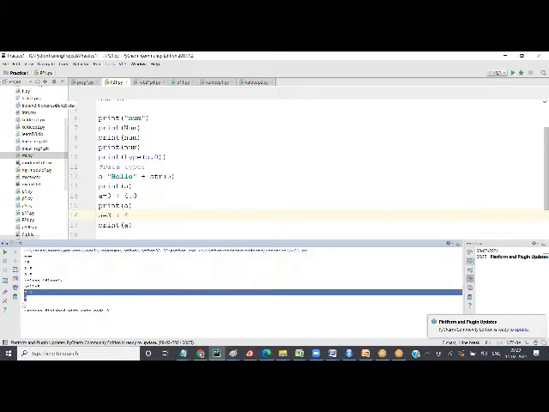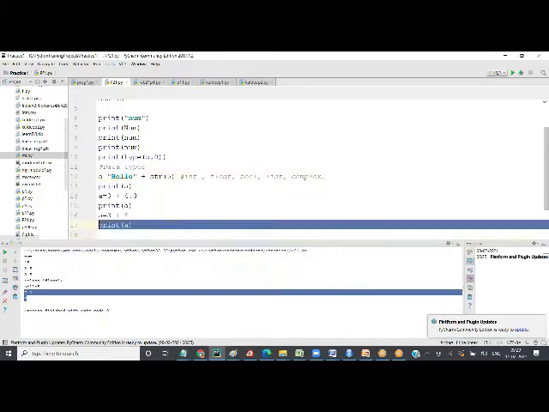For that matter, you can convert all valid values into integer using int of, float using float of, bool using bool of, list using list of, complex using complex of. We have not done all this, we'll do it later.